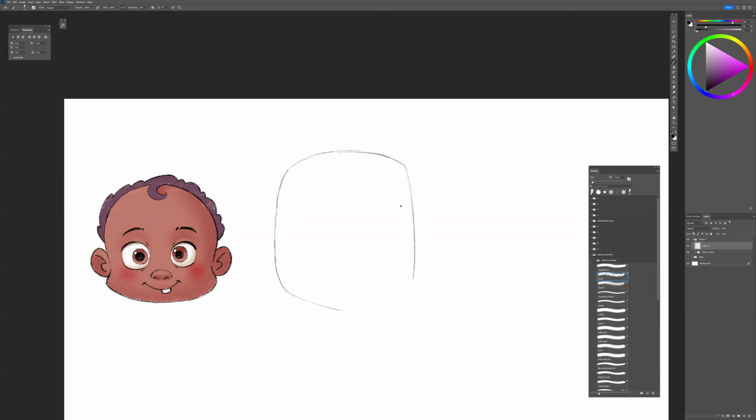So for now, let's do this like this here. So halfway, a bit bigger head, like this, and then we can draw in this eye, then the nose, the mouth,